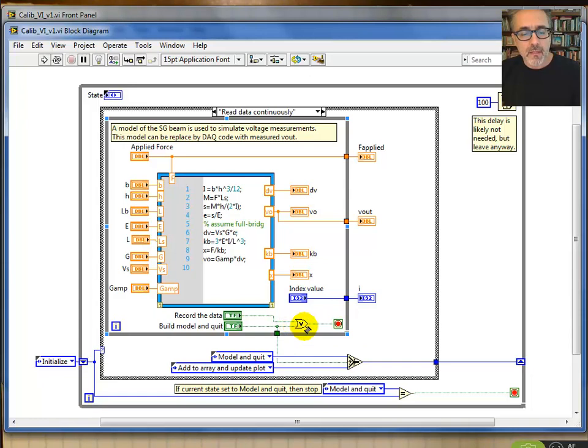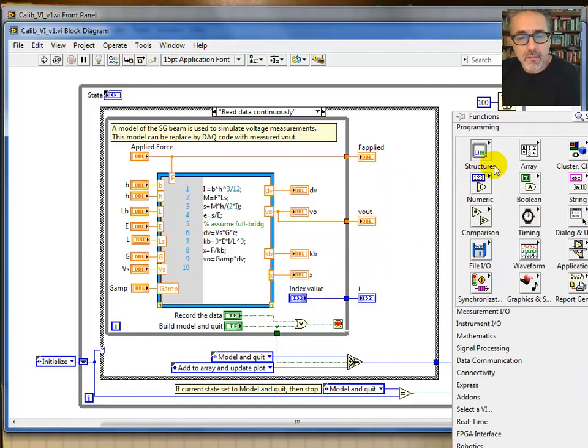And here's the stop. Now the stop occurs for 2 different conditions. If you tell it either to record the data or to build the model and quit, just the way we just discussed, right? So those are the 2 transitions. If you tell it to record the data, then it's going to stop. Or if you tell it to build a model, it's going to stop. So for either case, that's an OR, right? And those ORs are found under the Boolean